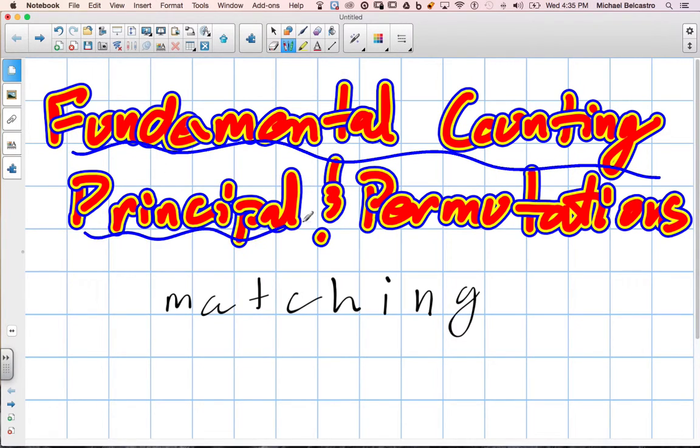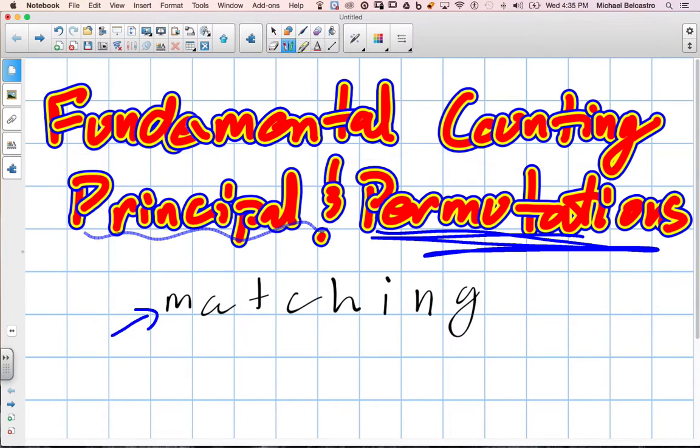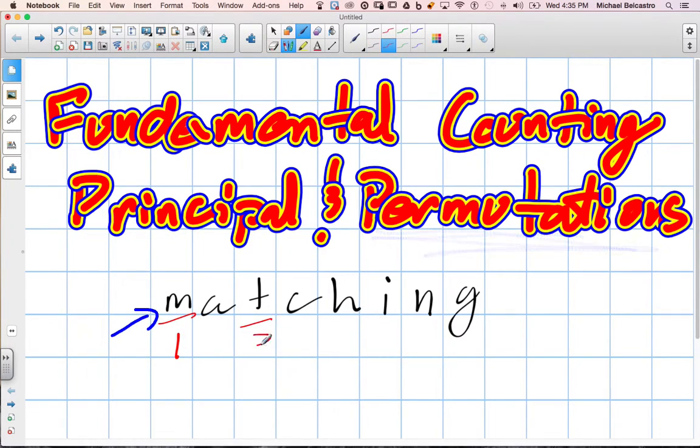This question is a fundamental counting principle. We're going to talk about the difference between that and permutation. They've given us the word matching, and they've told us that the odd numbered letters in the word, so